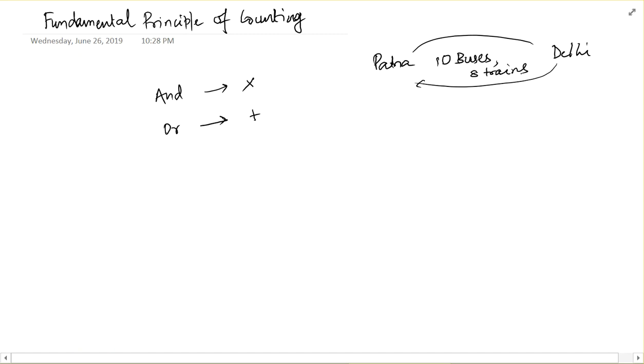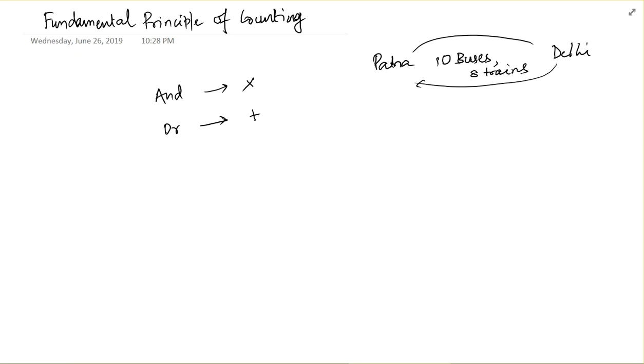A man has to go from Patna to Delhi and return. There are 10 buses and 8 trains between Patna and Delhi. In how many ways can this man go by bus